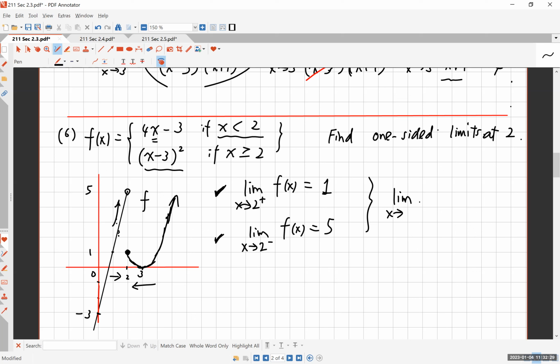Now, the both-sided limit, which is the limit of f of x at 2, what? Does not exist, precisely because these are 2 different values. All right, so